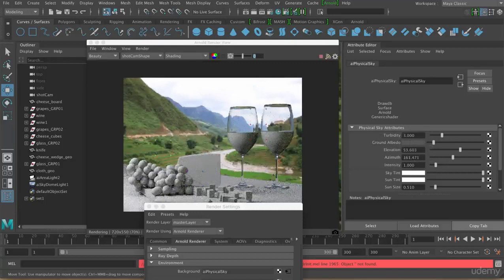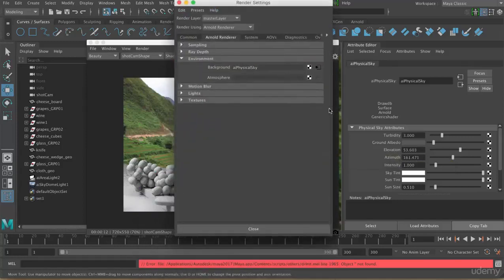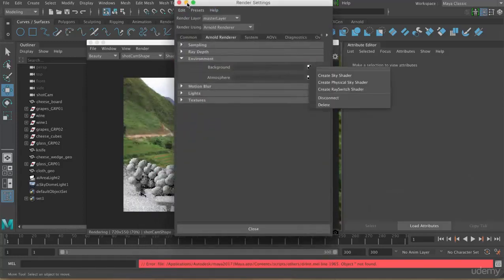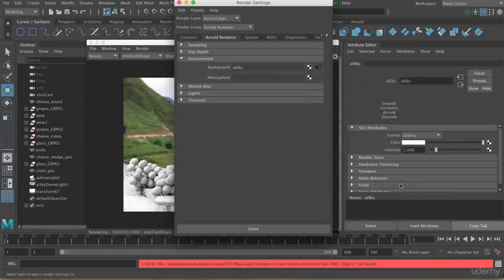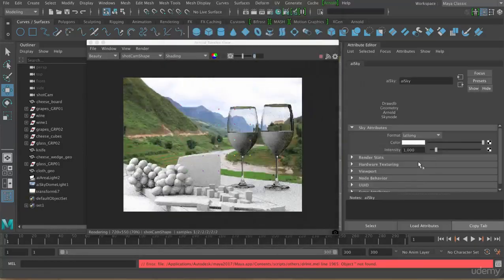We've got a procedural sky. Obviously it doesn't have any clouds or anything in there, but you can use that as your environment. Okay, so I'm just going to break that connection, delete, and we're going to choose the sky shader. So the sky shader is basically the same as a sky dome light. So you can see it says format, you can pick the format, and then you can map this with a